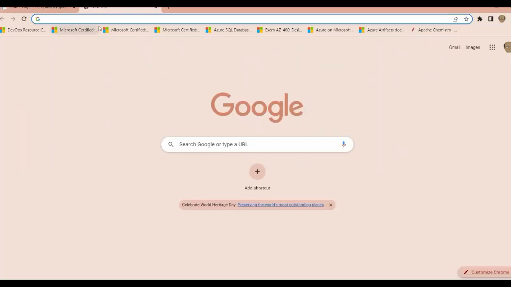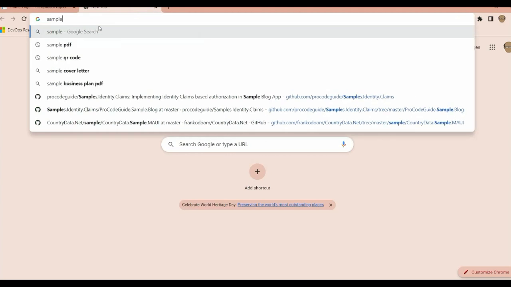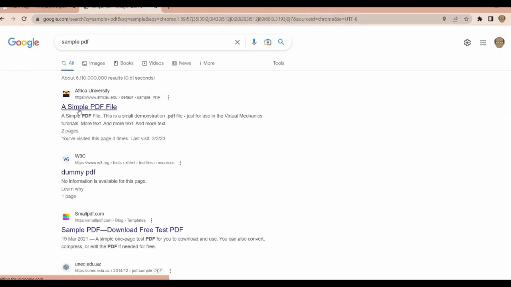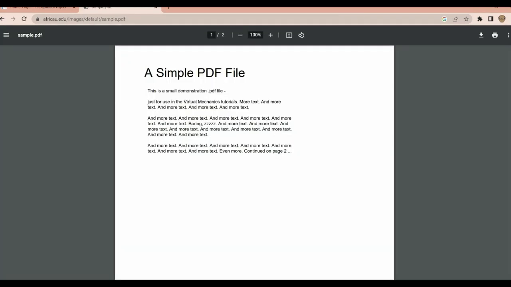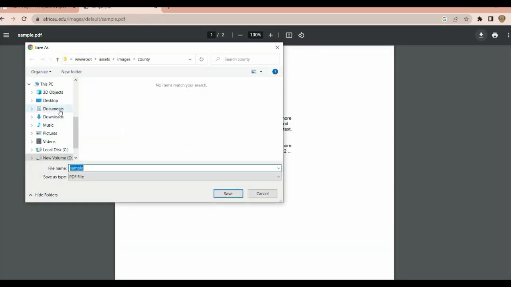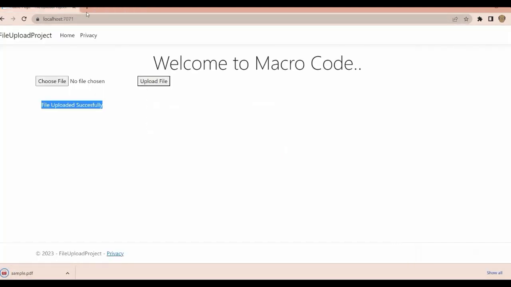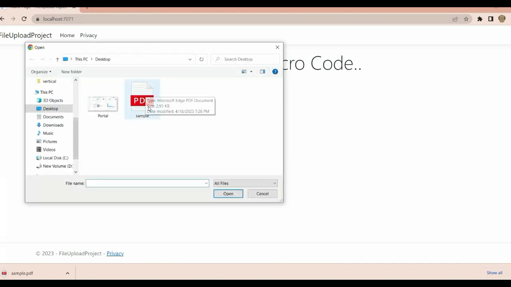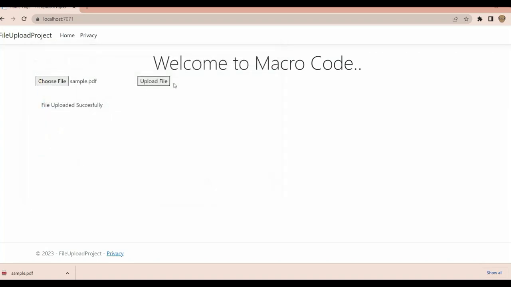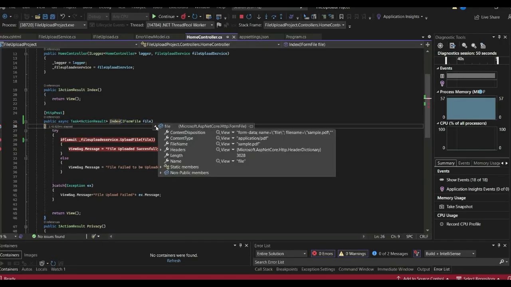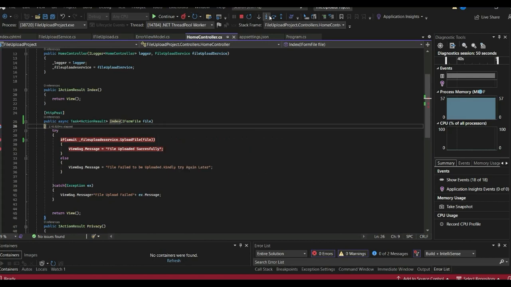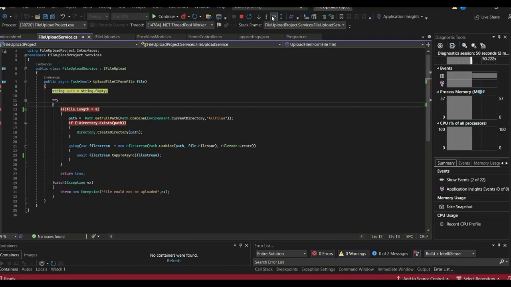So you can try to upload a file. So I'll just download a sample PDF. So I'll try to upload a sample PDF file. So I'll choose file. You can see I have a sample file. Then attach. Click on it, then attach, then upload. Here we can see we have the PDF sample. This is the size of the image. Then